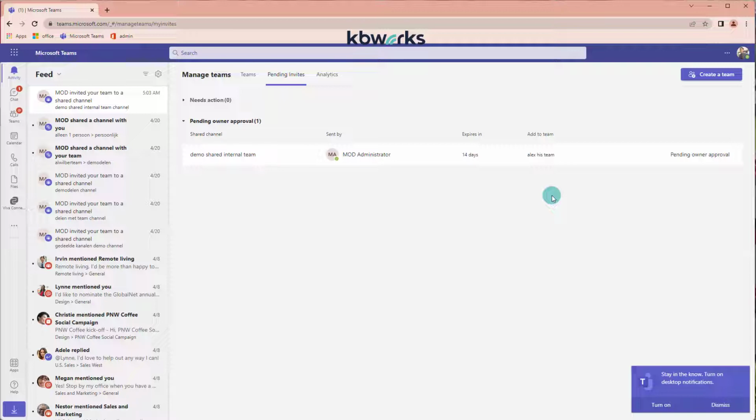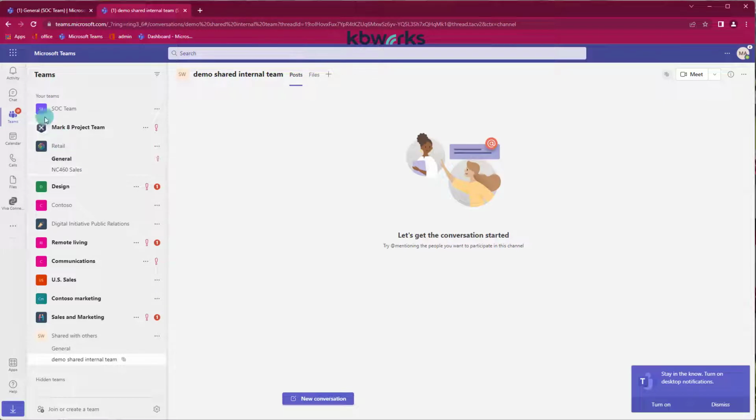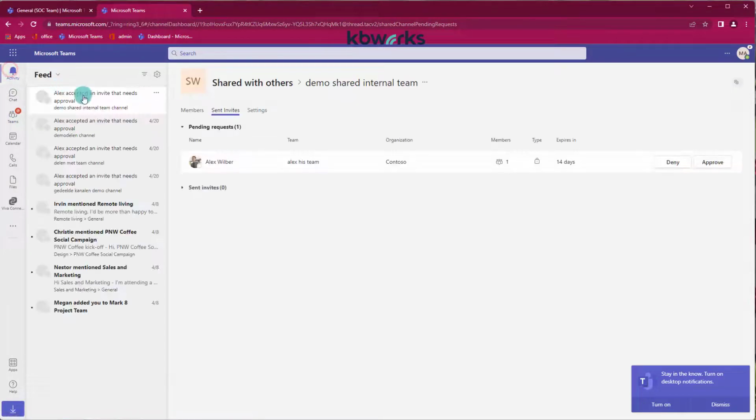there's still some approval to do, because even though Alex already pointed the correct team, the owner of the shared channel has to approve that this team may have access to the shared channel. So this is why you see pending owner approval. Now, when I go back to the administrator, I see that I had an